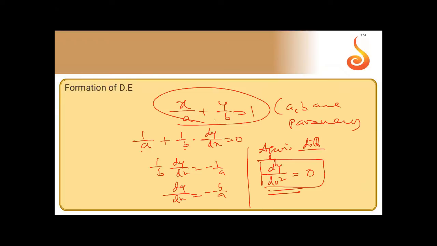Like that, you have to eliminate the constants and form a differential equation. The order depends on the number of arbitrary constants in the given equation. If there is one constant, differentiate one time. If there are two constants, differentiate twice and then eliminate the arbitrary constants. That is our job. Depending on the given equation, we have to use techniques to eliminate the constants. Is it clear now?